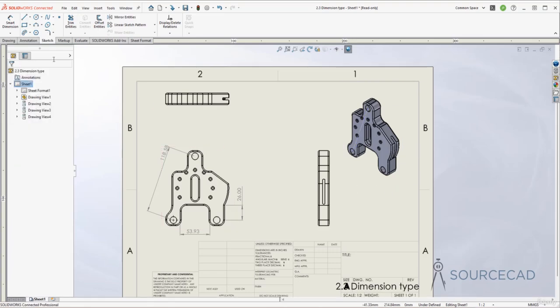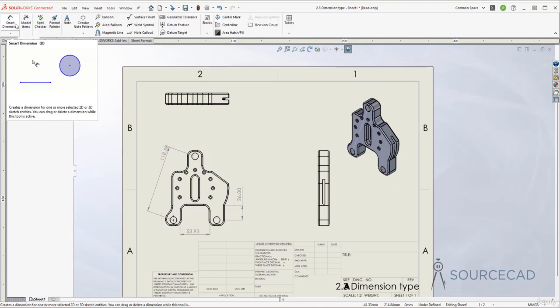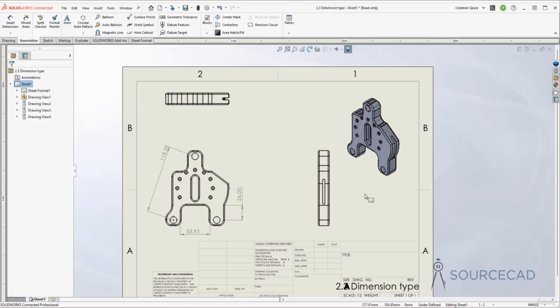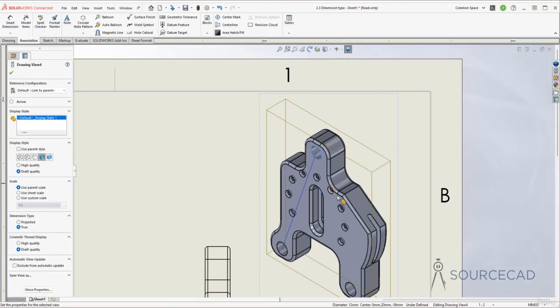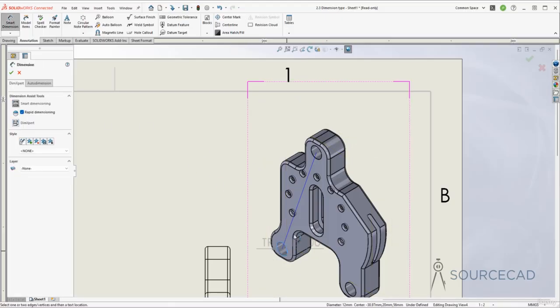So let's add it again. I'll just go to annotation, Smart Dimension, and once again I'll start adding the dimension. I'm not going to select this line, rather I'll just select this edge and then I'll select this edge right here. And now, it looks like I somehow missed this, so I'll just select it. So we have got this edge and I've got this edge here,